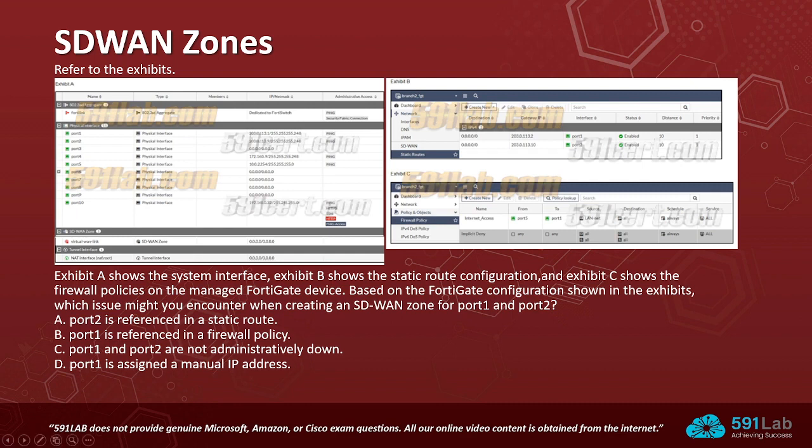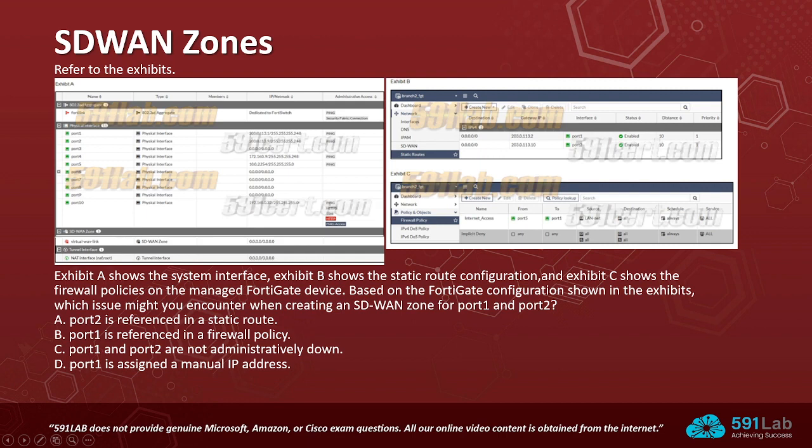On this one, I can tell you that when you try to configure an SD-WAN zone with an interface that is referenced, you can't make it. And the option B is referenced in a firewall policy. So this one, when you have a firewall policy as a reference, you can't configure an SD-WAN zone. In this case,